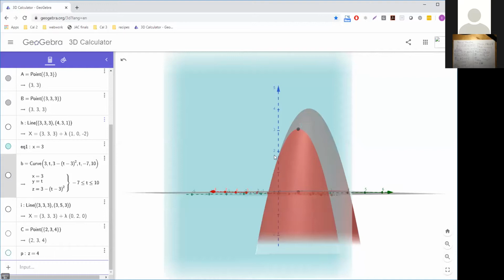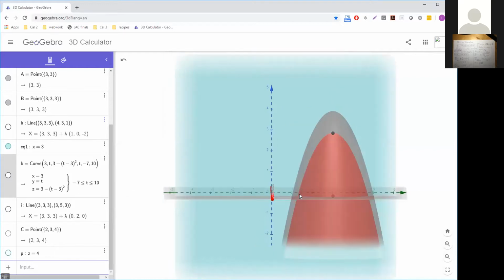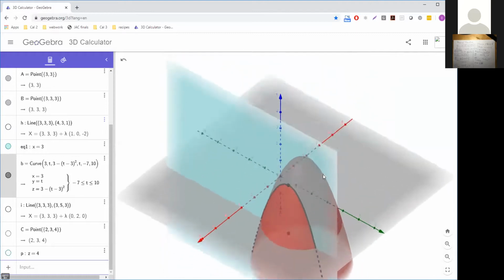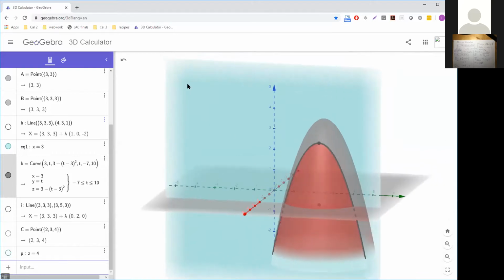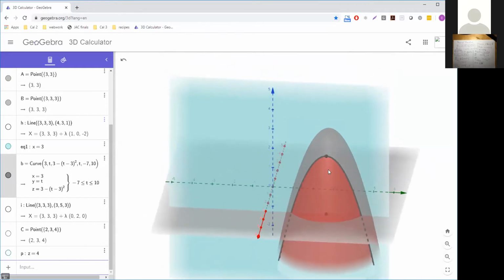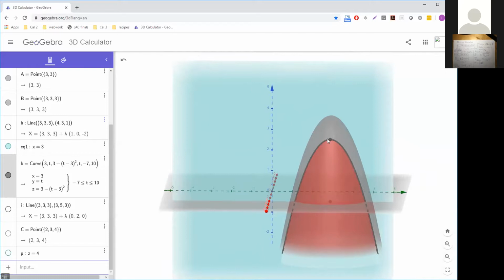So we can see the trace here. We can see the curve here. Moreover, I'm just gonna sketch that one. You see how the curve follows the intersection between the plane x is equal to 3 and the surface, okay? And only from this graph, it's obvious that the tangent line will be horizontal here, right? And we confirmed that by finding the derivative at y is equal to 3, and we got